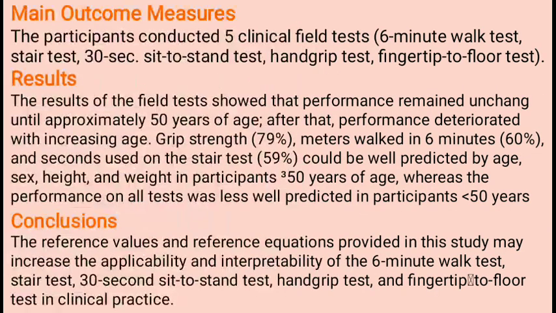What are the main outcome measures? The main outcome is that the participants conducted the five clinical field tests: the 6-minute walk test, stair test, 30-second sit-to-stand test, hand grip test, and fingertip-to-floor test. So these are the tests, these are the main outcomes, and what it results in, the result